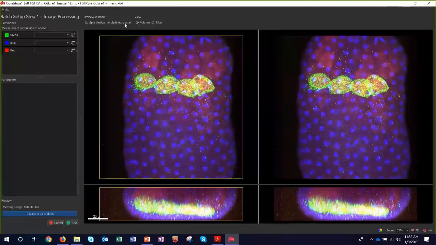So for counting, I'm going to use spots. And as I said before, I want to understand that green channel and how much is labeled in that green channel, so I'm going to use surfaces for that. But before I get there, I also want to smooth my image a little bit because it's a little noisy. So what I'm going to do is go over here,